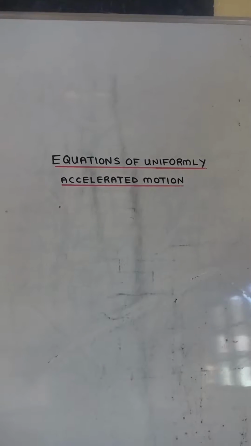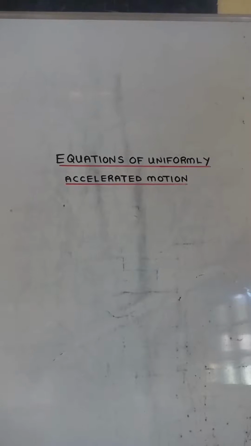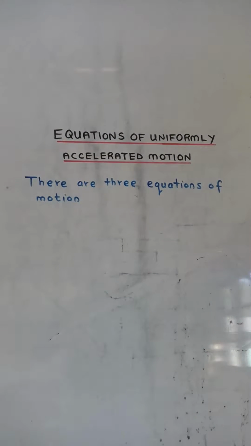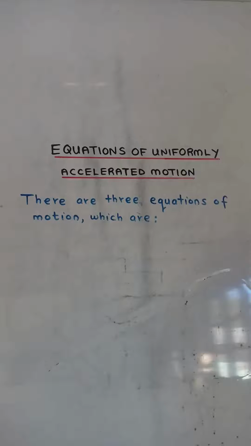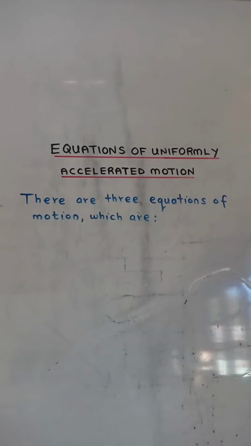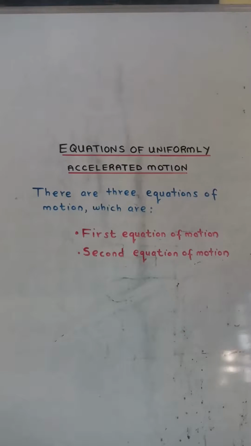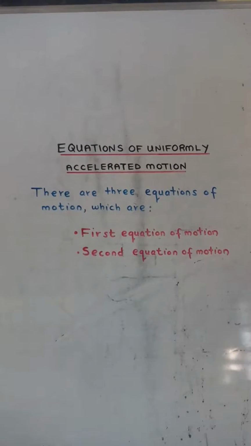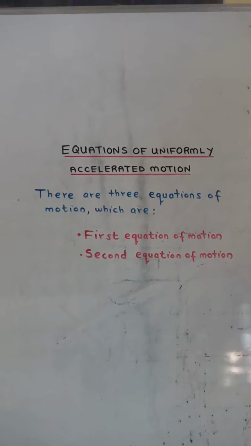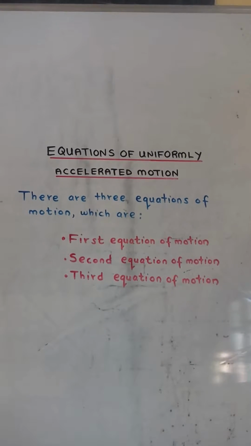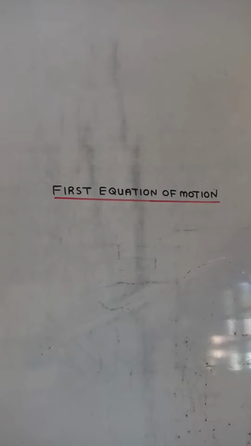Equations of uniformly accelerated motion. There are three equations of motion, which are: first equation of motion, second equation of motion, and third equation of motion. First equation of motion: